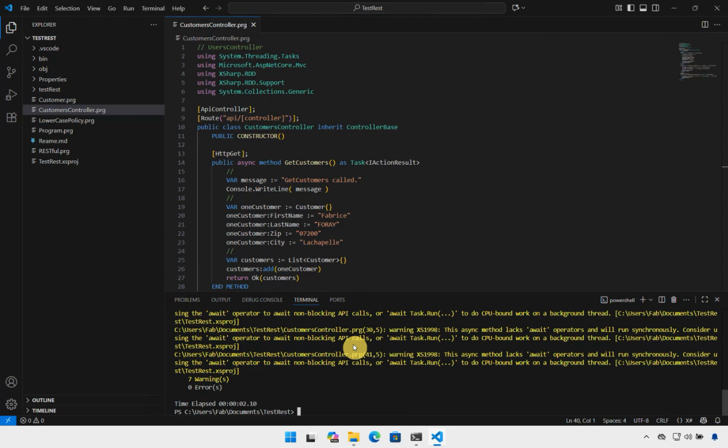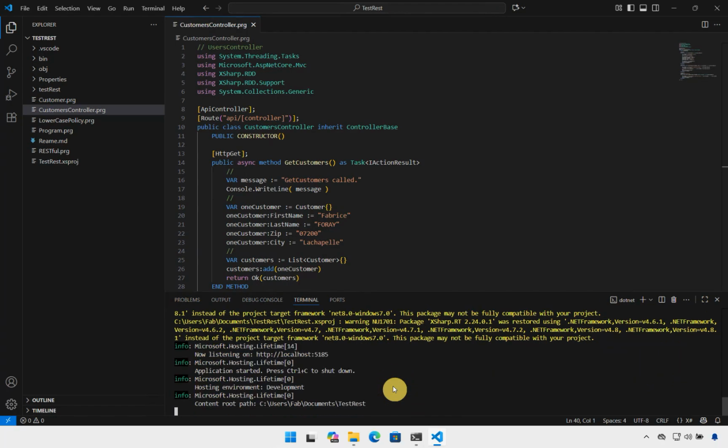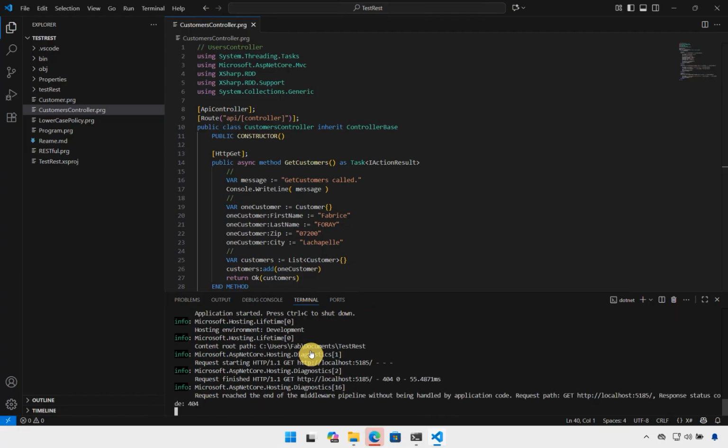So it seems to be okay because we only have warnings, so we can go with .NET Run. And you can see that something has started. It is listening to localhost 5185, and if I control click on it,